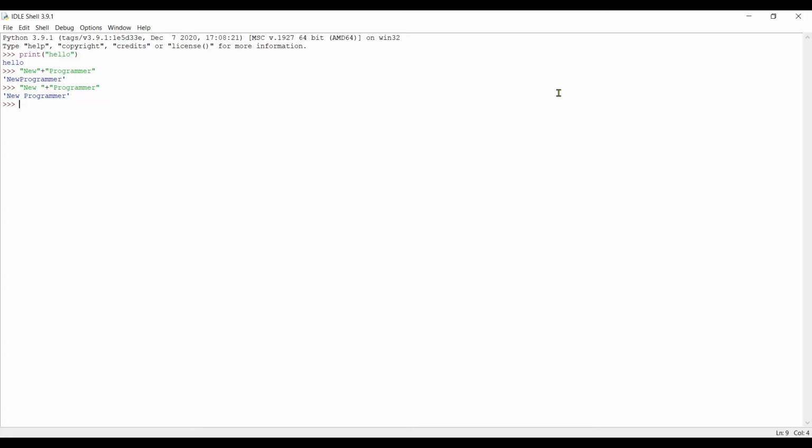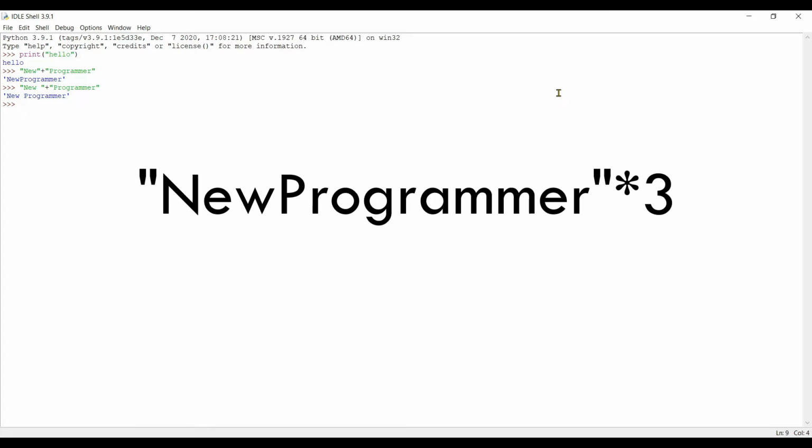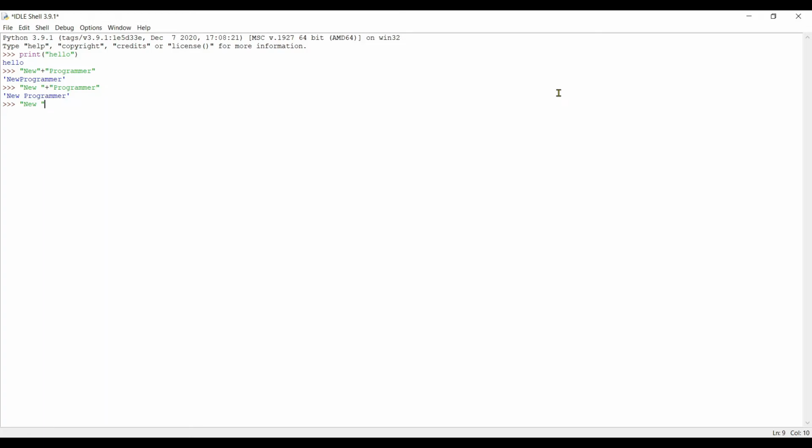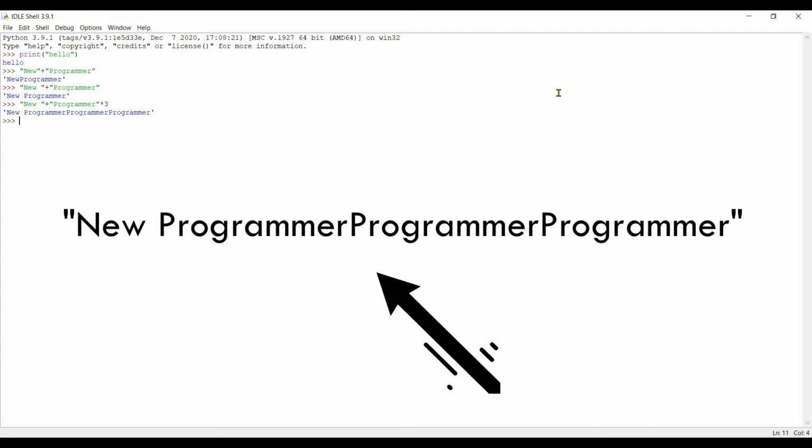Then we can do multiplication, right? Let's say I want to multiply new plus programmer 3 times. So what I'm expecting is new plus 3 programmers. We got new plus 3 programmers, but here also we missed a space.